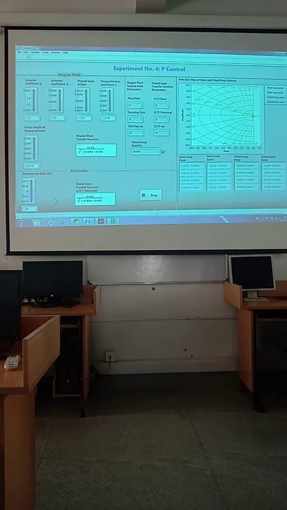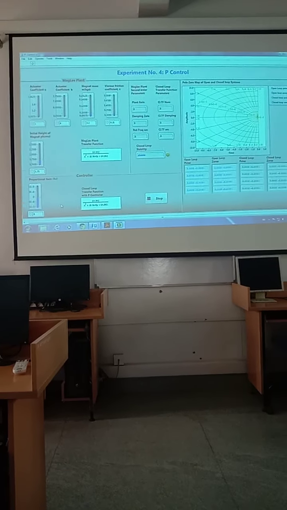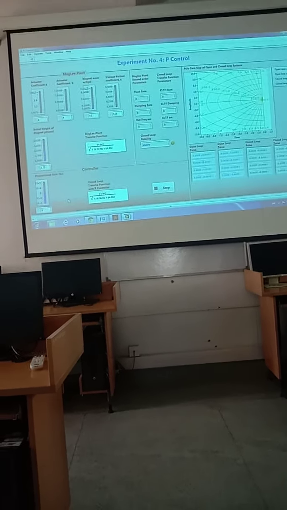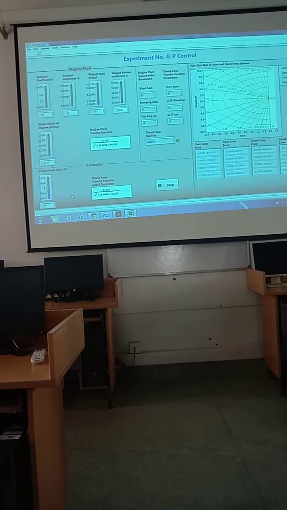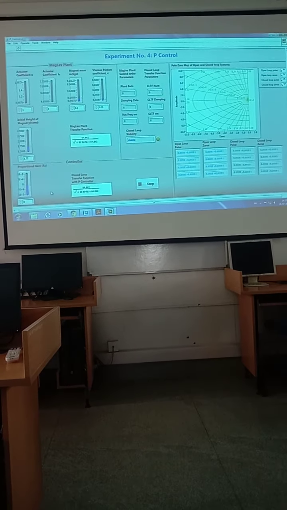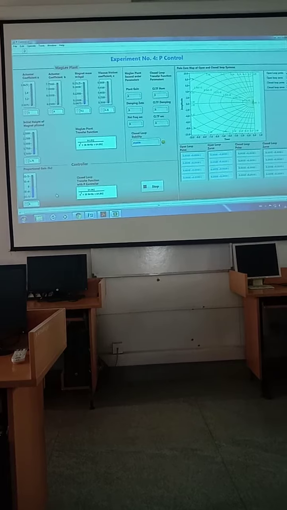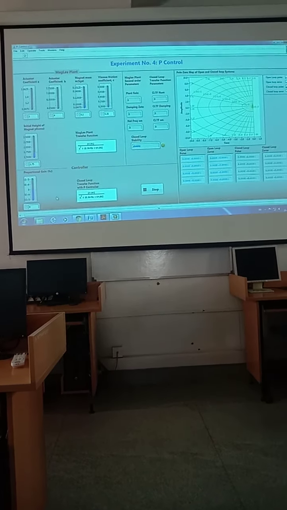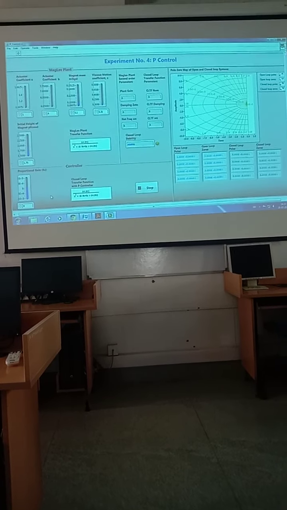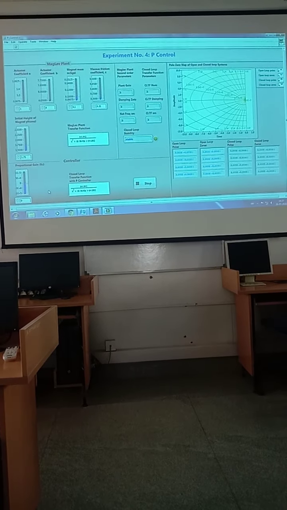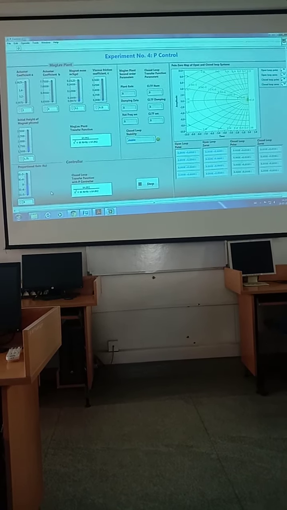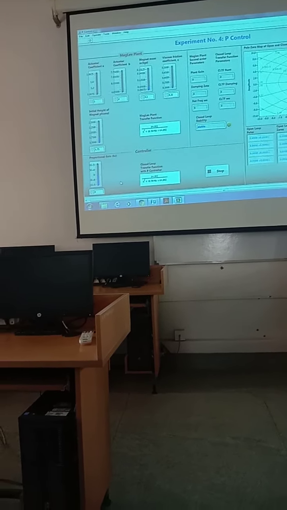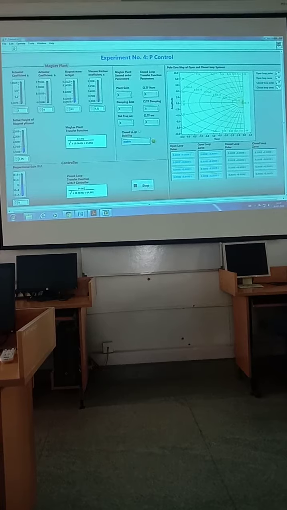Now see, you have two dialog boxes now. One is above and the other is below. See, there is a proportional controller. So I have given the initial value for that as 0, that means we are not making use of any controller. How will we get the closed loop poles? Okay, that is what we have to look into in this experiment.